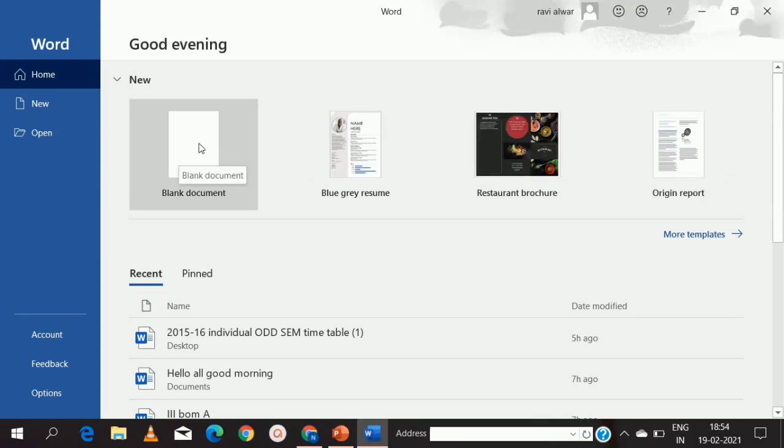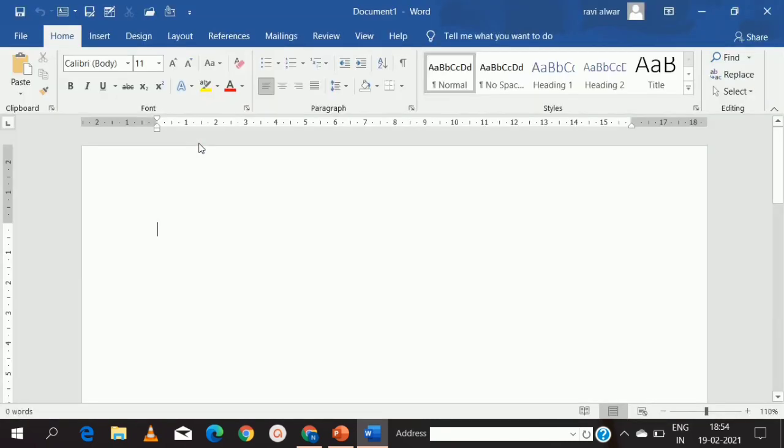Since I am going to create my own design for my resume, I am going to click on blank document. When I click on blank document, I can see this document area, and here I am going to enter my text and do all the formatting.